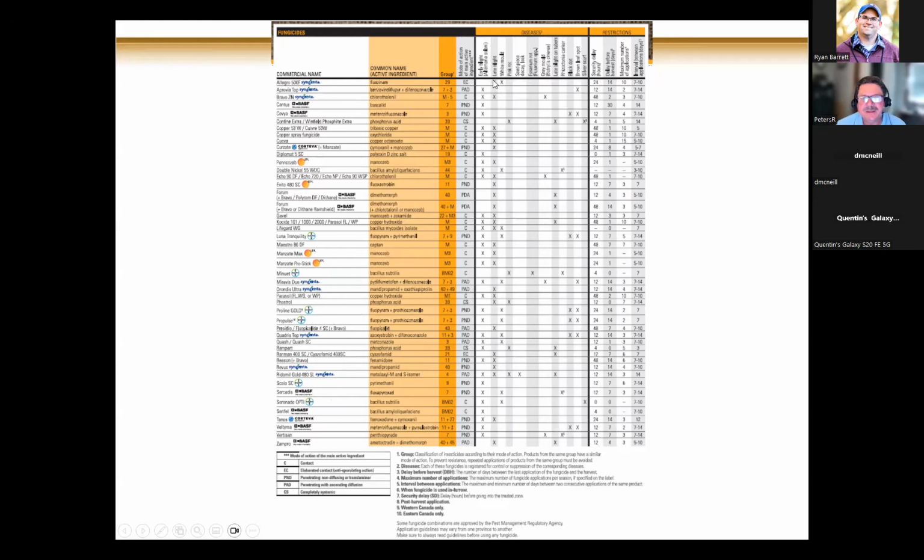So the next grouping here, you can see what diseases each of these foliars control. And you'll notice that most of them are targeted at either early blight or late blight. Lots of the X's there. And if you go down the late blight column, you'll see which ones have been registered for that use. And,